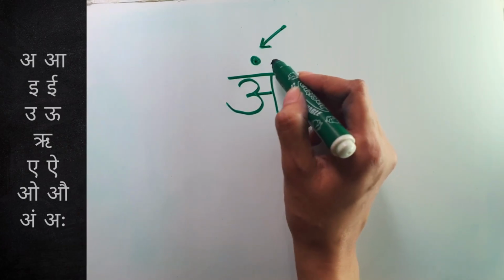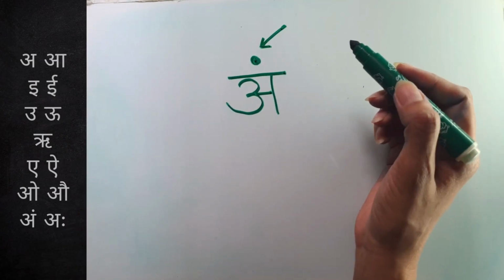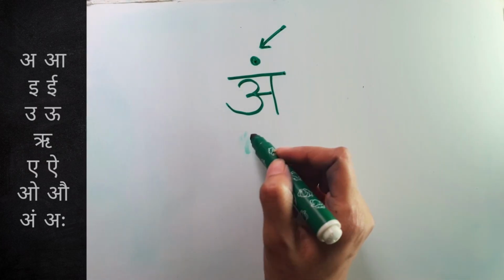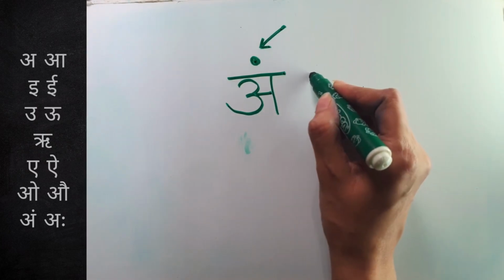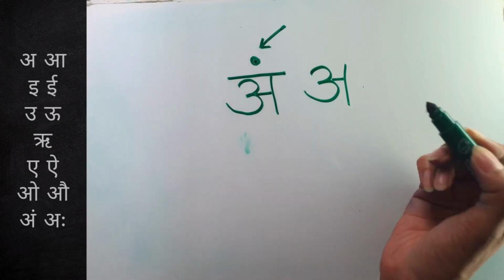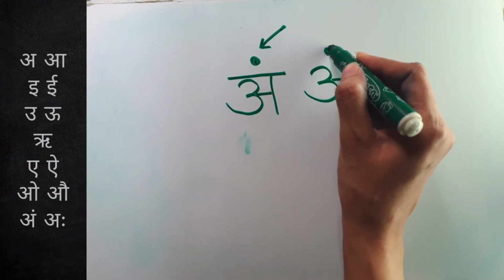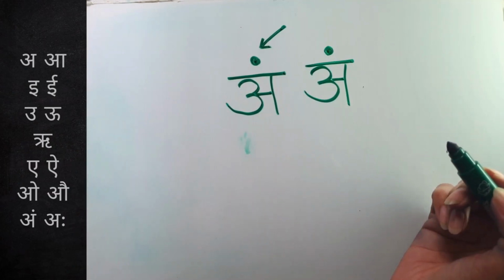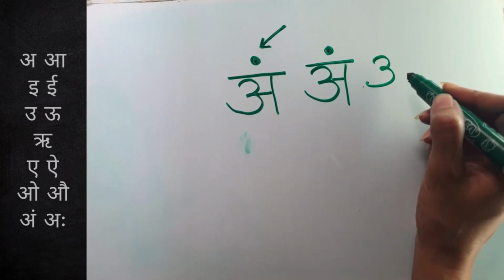So whenever you add this dot at the top, it would mean So let's do this again. This is a, and this is a,